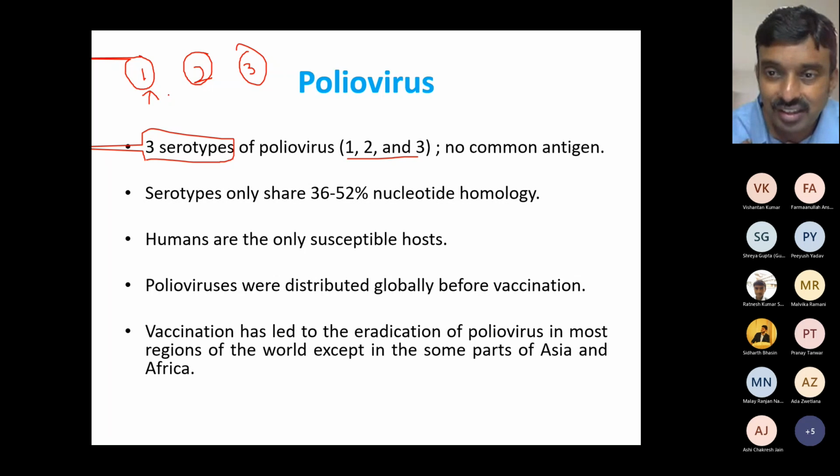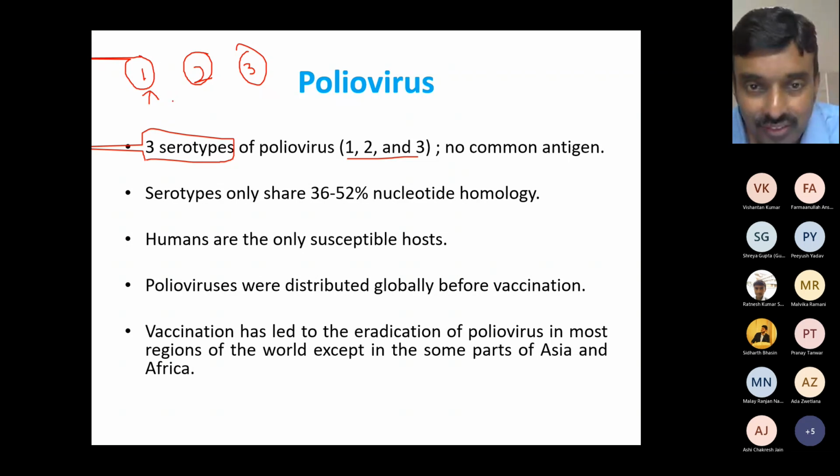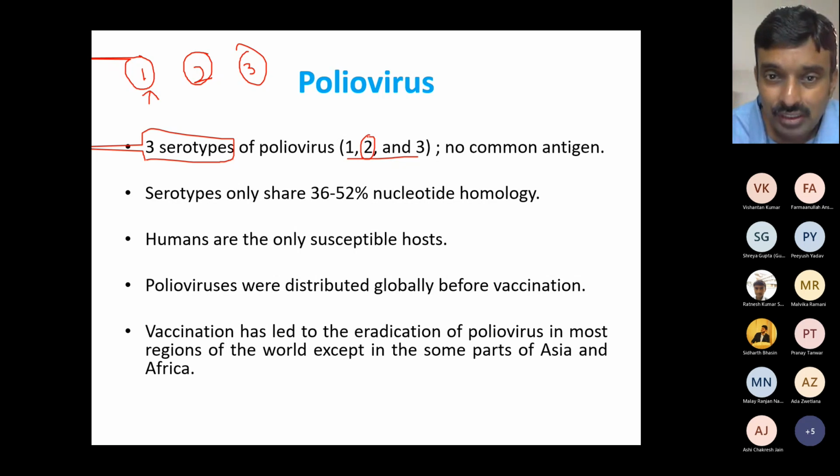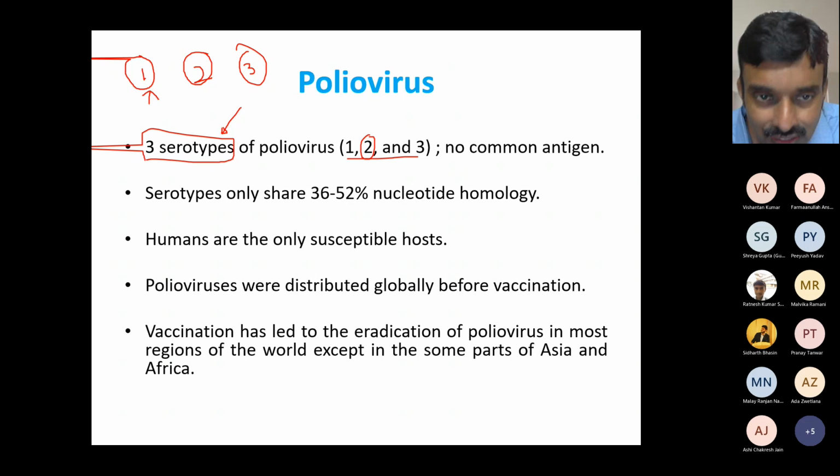I have antibodies. My body responded well. I cleared the virus and I have antibodies. Let's say now I get exposed to poliovirus 2. Will my antibodies neutralize or counter this virus? No, they will not. So that is called a different serotype, which means they are so different in terms of the proteins that they express that the antibody response that they elicit is also different, and usually they may not offer cross protection.